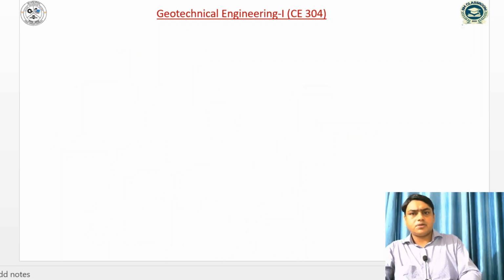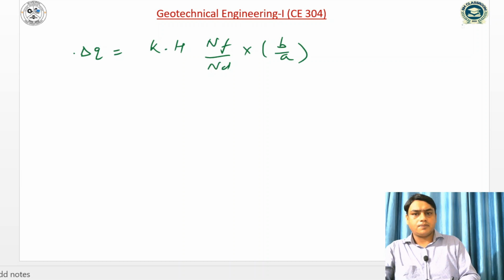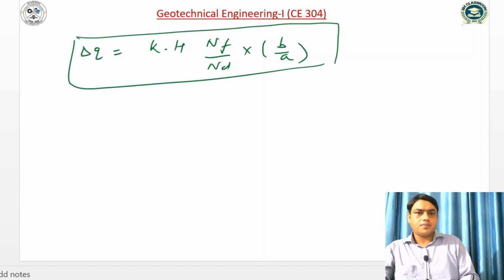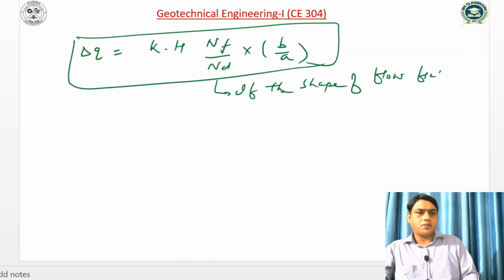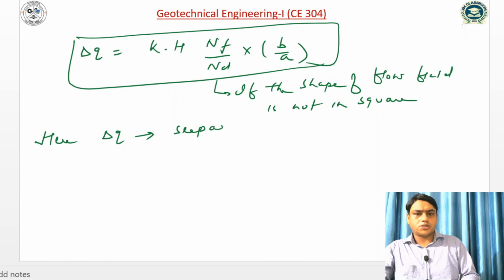Otherwise, if the shape of the flow field is not a square, we can write delta Q is equal to K into H NF by ND into B by A. Here delta Q is the seepage discharge,